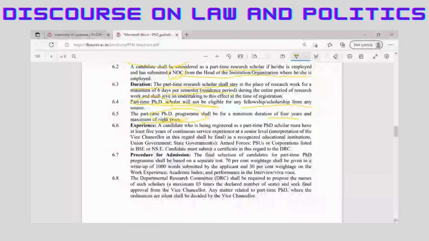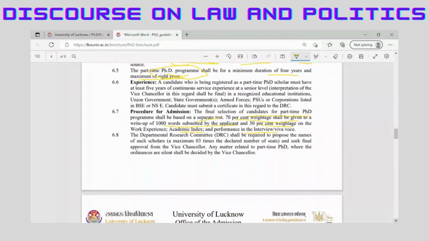What is the procedure for admission here? The final selection of the candidates for the part-time PhD program shall be based on a separate test, and 70% weightage shall be given to the write-up of 1000 words submitted by the applicant, and 30% weightage on the work experience, academic index, and performance in the interview or viva voce. So that is the way you can see the procedure has been given for admission in